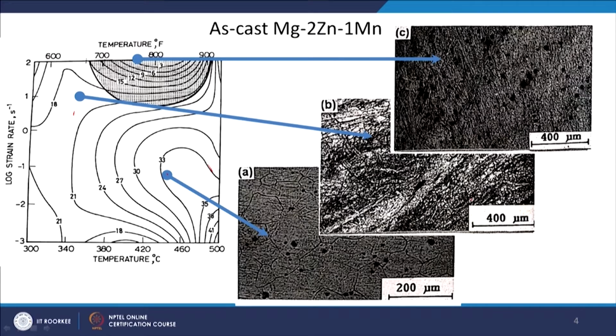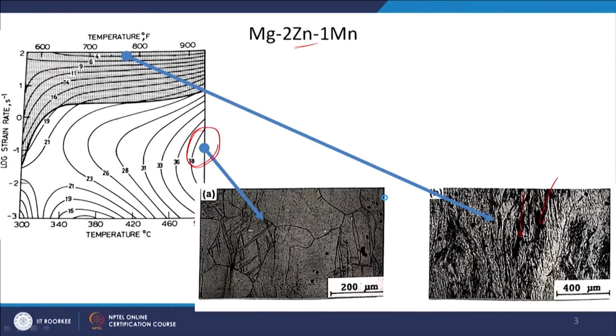And in the unstable region you can see maybe some kind of void formation here, these dark regions. And the microstructure also looks like an acicular microstructure. You can see this kind of long elongated grains or acicular structure. Whereas, in this case you can see very nice recrystallized equiaxed microstructure. So, this is for the same alloy, but in as cast condition. The earlier one, if I am not wrong, was in homogenized condition.